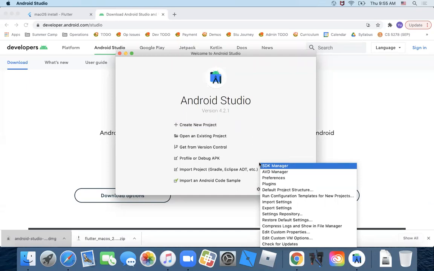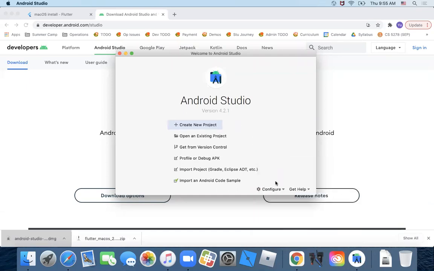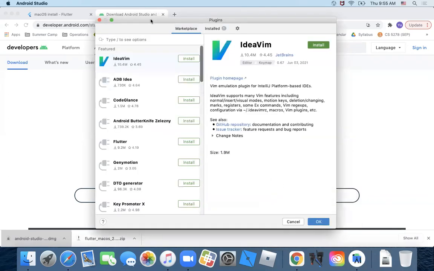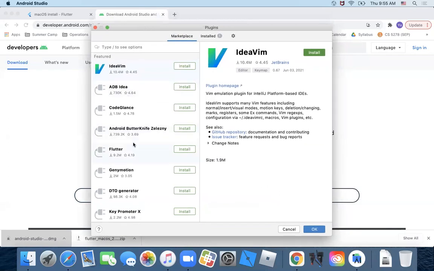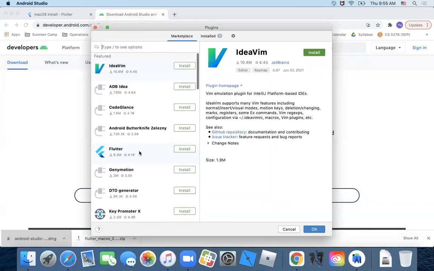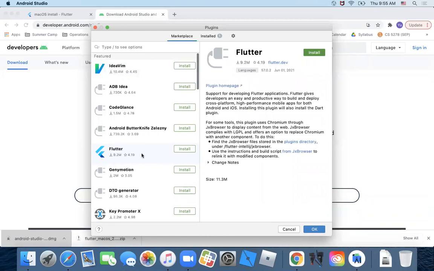But if you are already in the starter screen, just click on configure plugins one more time. And this is going to trigger their marketplace. As you can see, they do a lot of good plugins for the different kinds of development. Now, this Flutter definitely is one of their popular plugins. As you can see, it's 9.2 million downloads so far. All right, so I'm going to install this one,